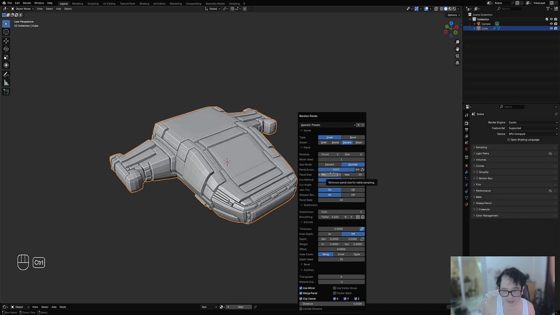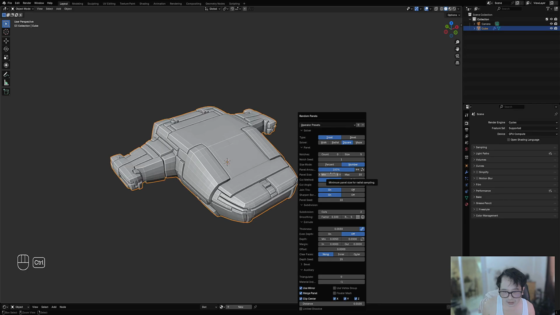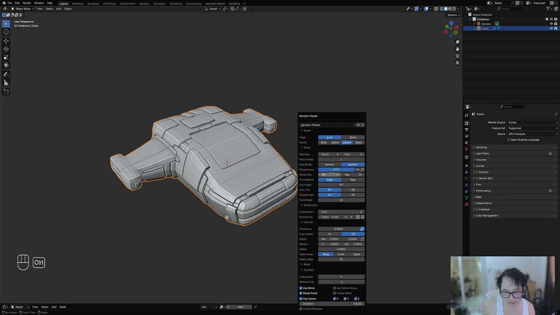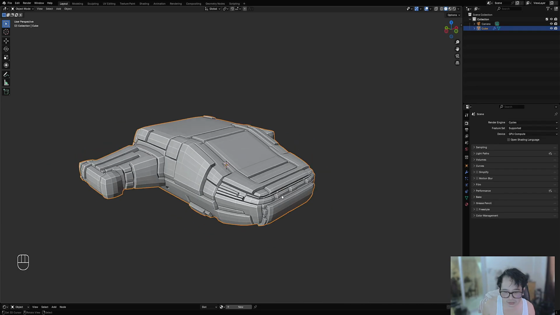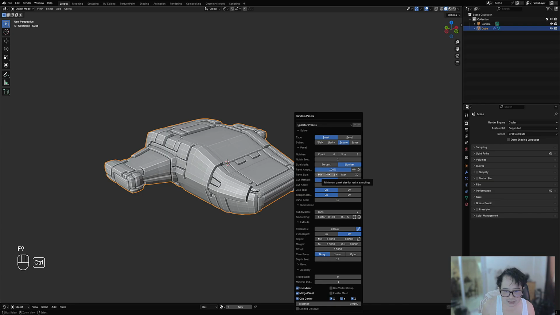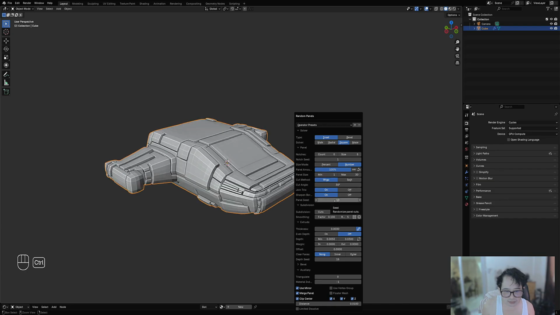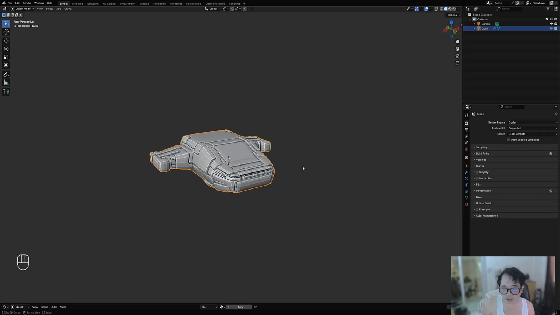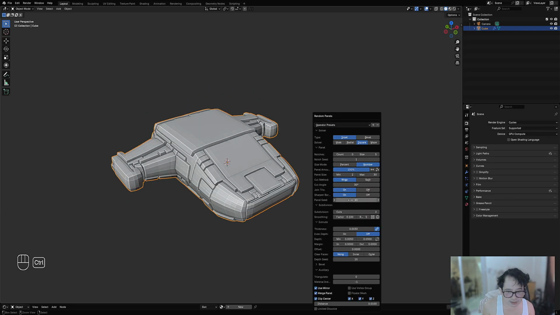Okay. It changed most of it. So I wanted to get rid of the faces here that are too thin, so increasing the maximum panel size, but we lost the shape, but I think we can just play around with the